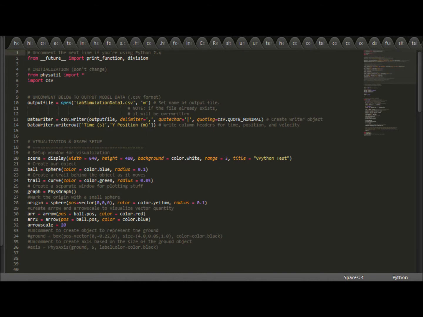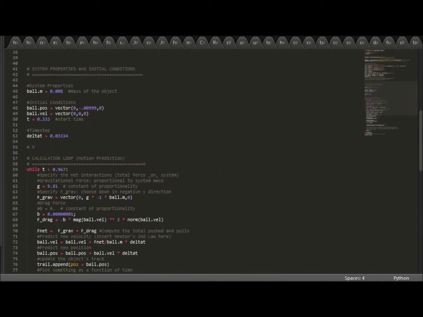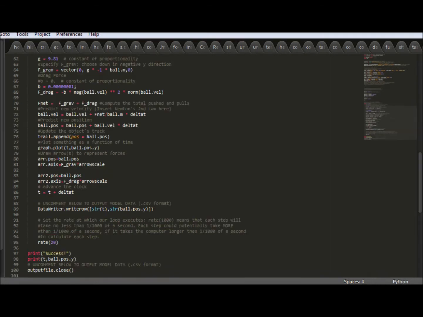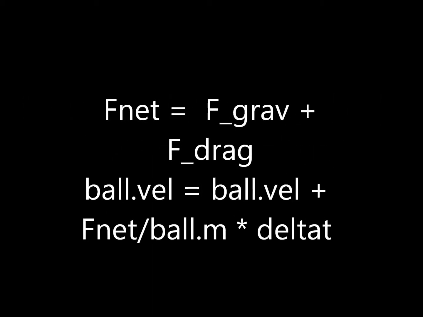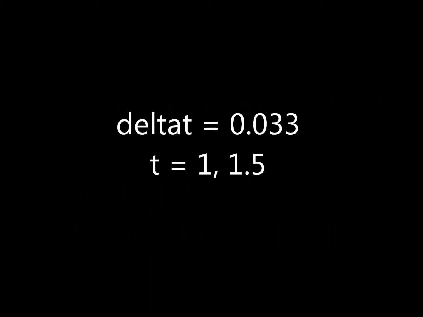However, in order to verify the effect of drag on the motion of the objects, we modeled drag forces for the different falling objects in VPython using the approximation for drag. Force of drag is equal to negative b times the magnitude of the ball's velocity squared times the unit vector for the ball's velocity, where b is a constant to account for all the various factors that affect the drag acting on an object. Then, the drag force was added to the gravitational force to find the net force of the system, which was multiplied by the change in time at different time steps to find the change in velocity